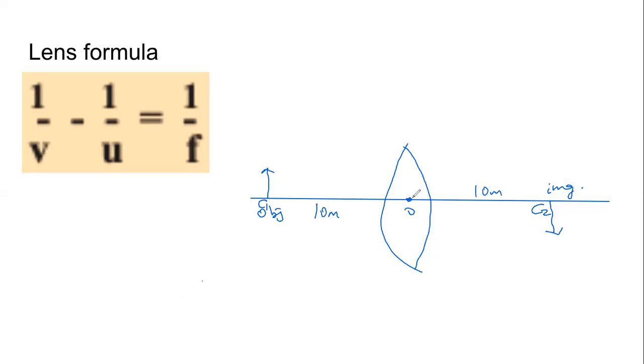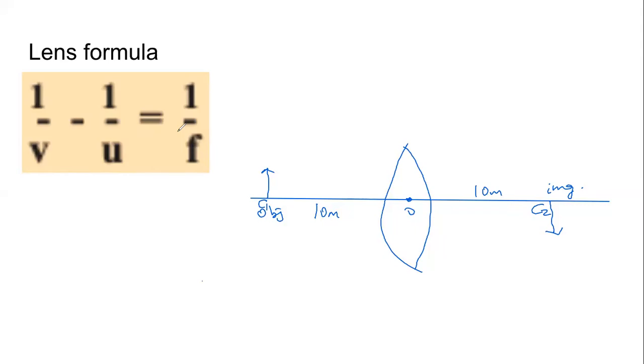अगर मैंने आपको ये कहा. And the question is, what is the focal length? Understand the question. I'm telling you that we are taking a lens. Doesn't matter what lens we have. Let us say we have the convex lens. We are keeping an object 10 meters in front of it, and the image is formed 10 meters behind the lens. What is the focal length? How much is the focal length?